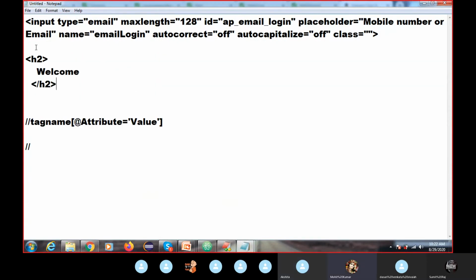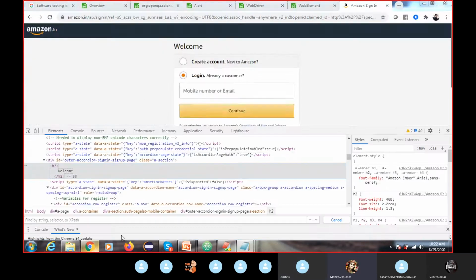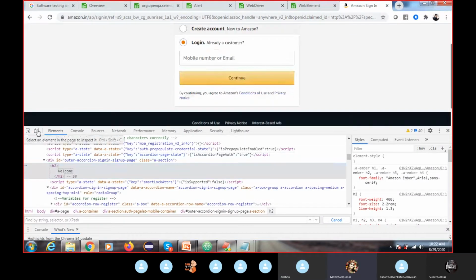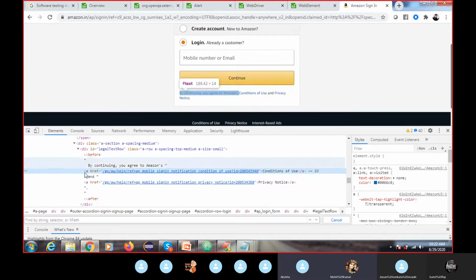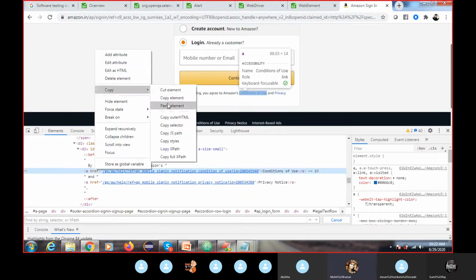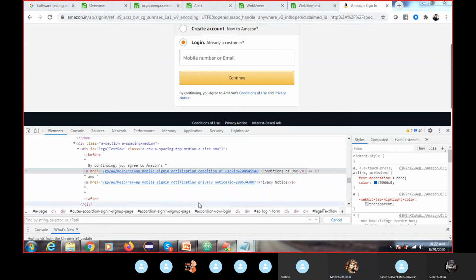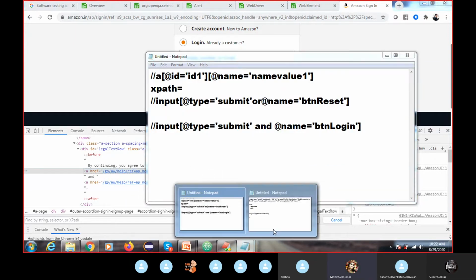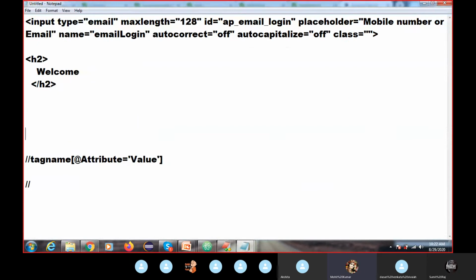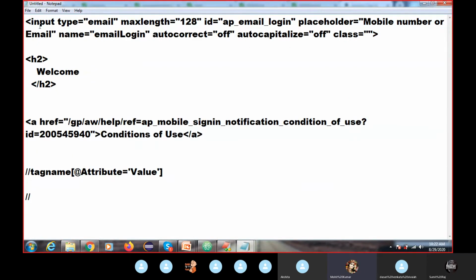I'm giving this here. Let me copy the element. Now I find these three elements and copied them. The tag name is input here. Here the tag name is anchor link. Here the tag name is s2. So this is your tag name, and I am finding the element for the first input tag name.